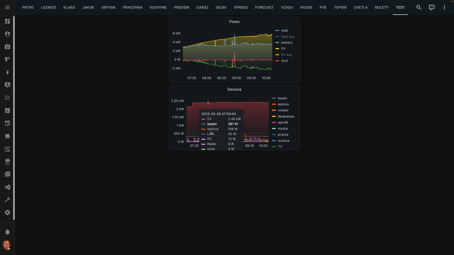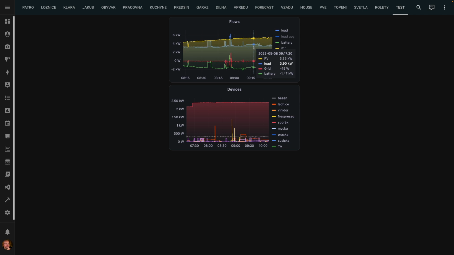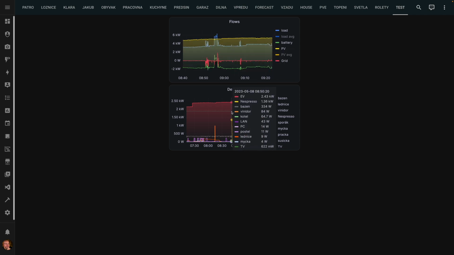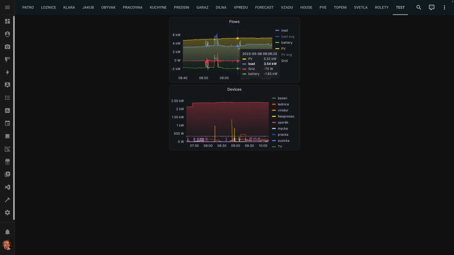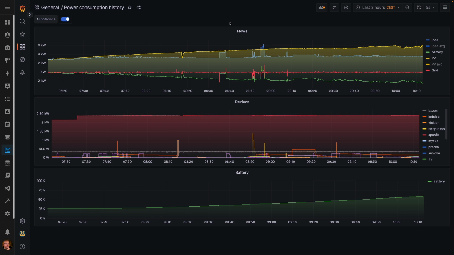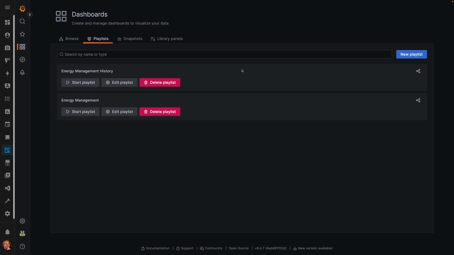But in my case, I wanted to do something in between, because I still wanted to have this navigation on top. So for example, if I zoom in on this chart, I wanted this chart to zoom into the same time. So I wanted those two to be synchronized, not as individual panels. So what I have used instead is something called a playlist. So I can go to dashboards, I can go to the playlists,